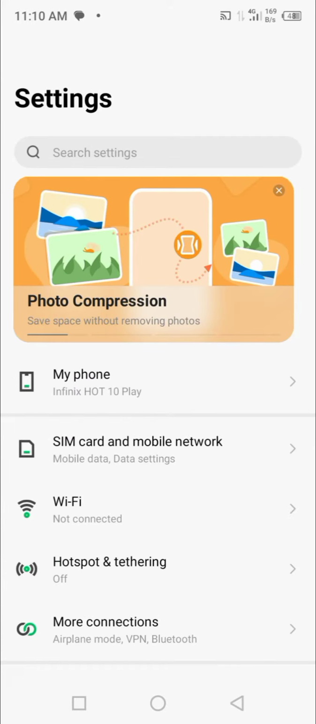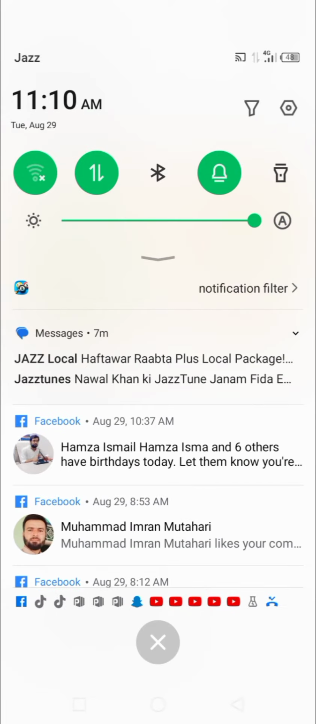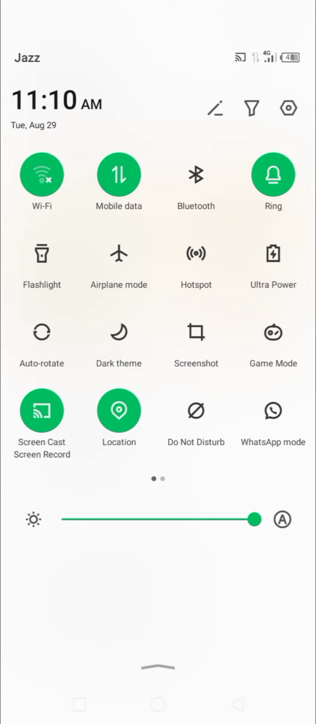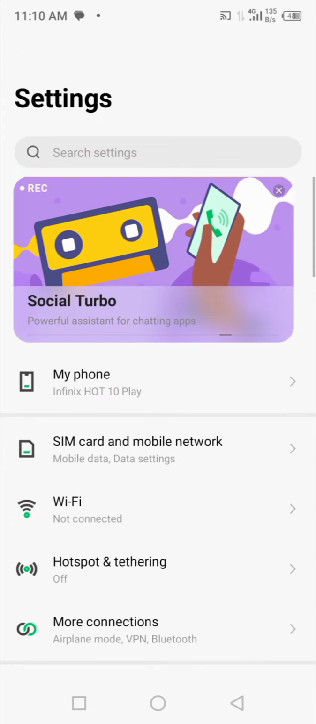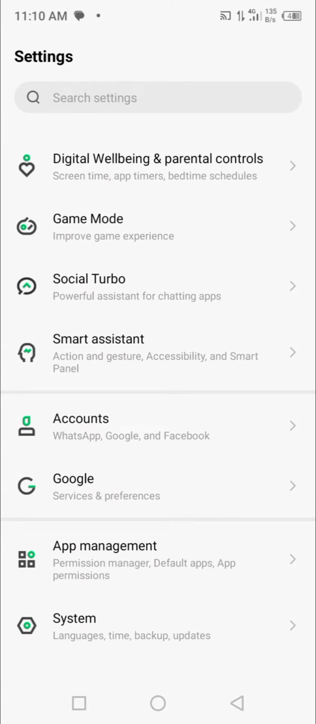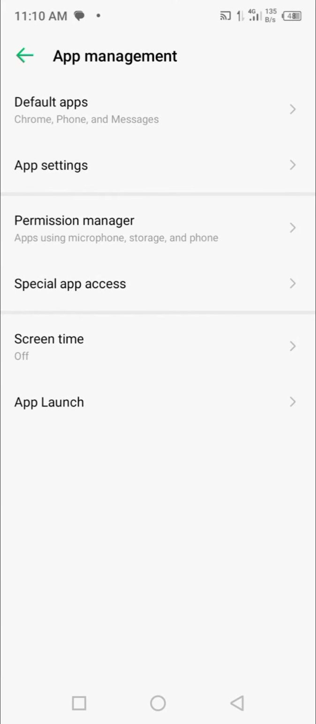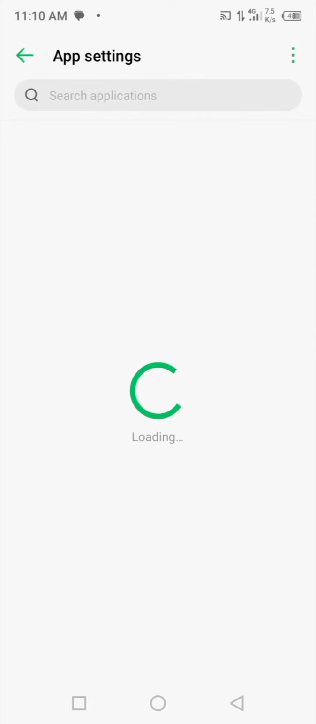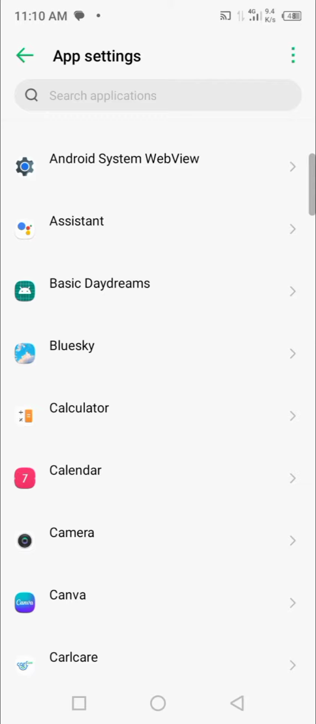If the problem is not fixed, then go back, scroll down, and if you use mobile data, then turn on airplane mode for at least 30 seconds, then turn it off, and after that go back, scroll down and click on apps management and click on app settings, and from here search for the Instagram app, scroll down,